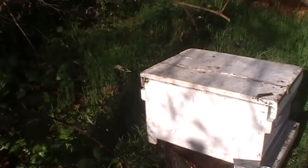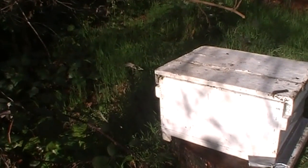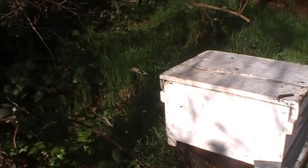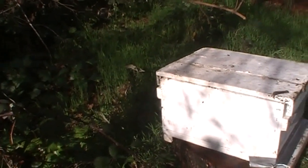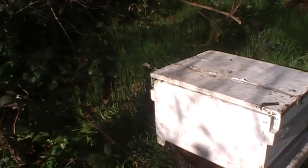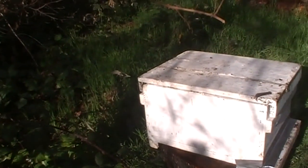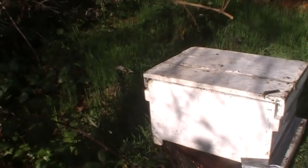One of the things you really want to be careful of when you're starting a new, weak hive is that you don't want to have a big opening, because that opens it up to raiders. I have other hives over here, and if they find out there's honey, any kind of honey in the hive, they will overwhelm and overtake the hive and destroy it. So